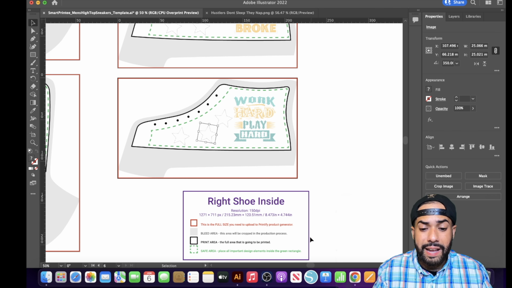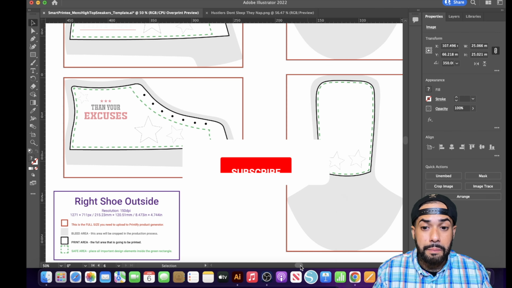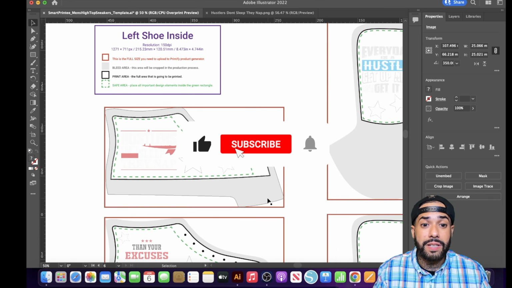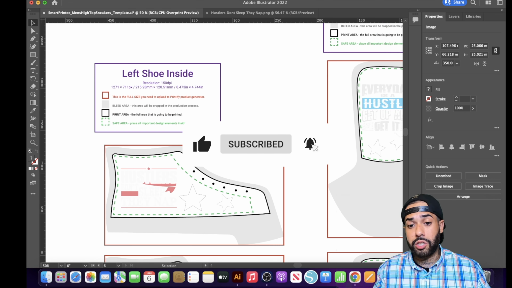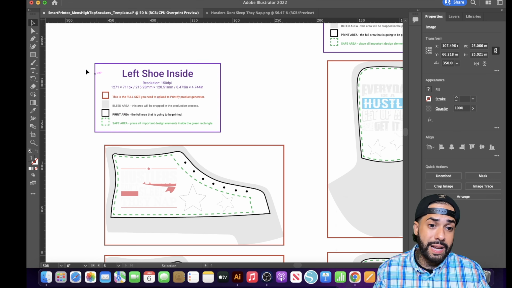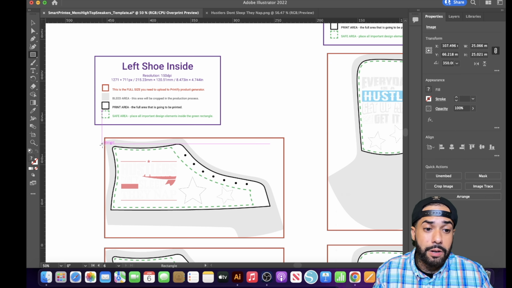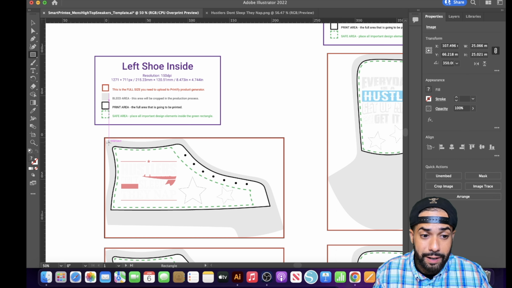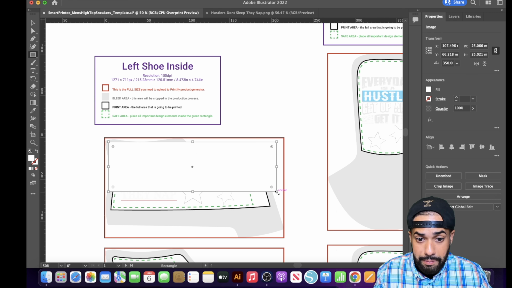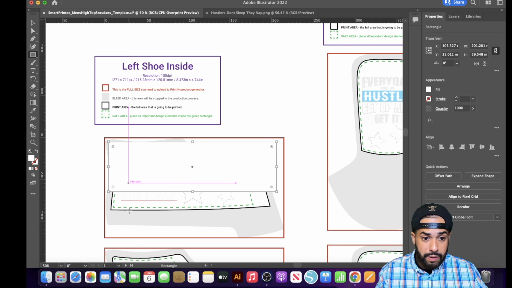Well, the next step is actually gonna be putting your background on all these designs, okay? So right here, we're gonna start with the left shoe inside. What we're gonna do is click on this rectangle tool, and after we click on that rectangle tool, we're gonna actually drop in a rectangle. So I'm gonna left click inside this red line here, and I'm just gonna drop in, boom, just like so,